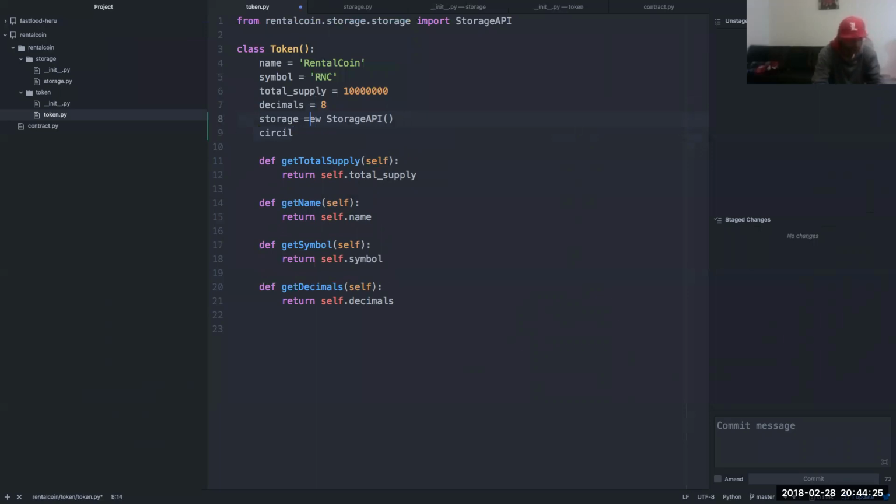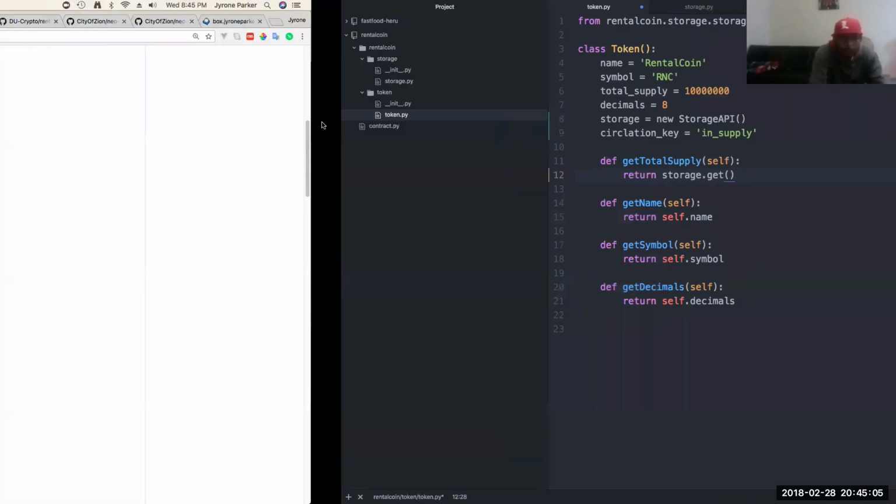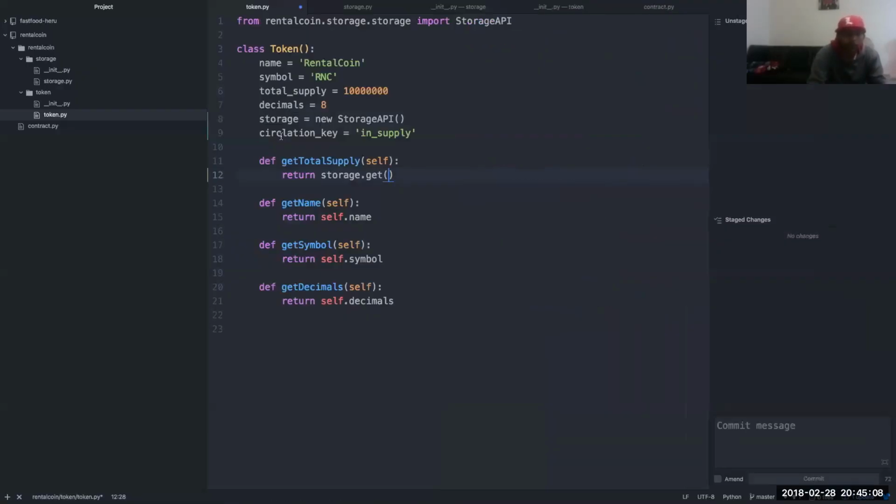Circulation key equals... I knew I was missing something.